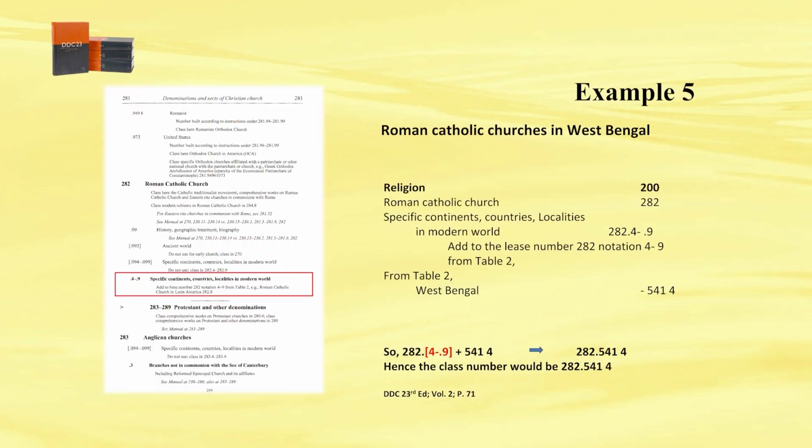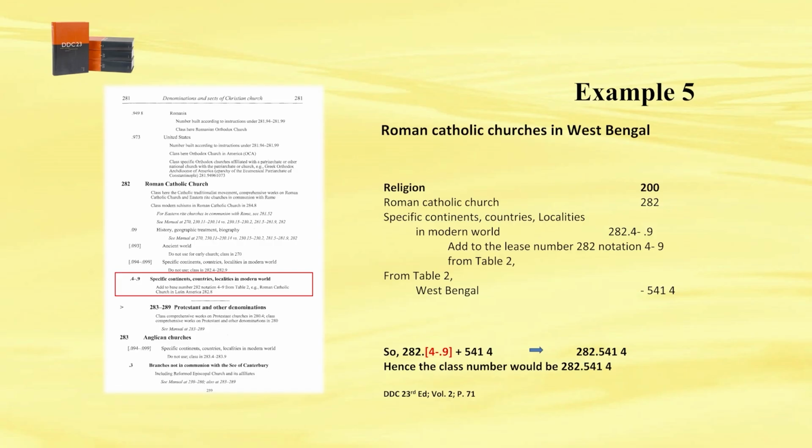So, next the fifth example. The title tells us the book is about Roman Catholic churches in West Bengal. Okay. So, Catholic church means it's related with Christianity. So, we have to go to 220 to 280. In the third summary, we can find in 282 there is Roman Catholic Church. So, if you go to the schedule and page number 71 of volume 2, you will get the Roman Catholic Church in 282. Under it, you will find for specific continents, countries and localities in the modern world, the Roman Catholic Church in the modern world is under